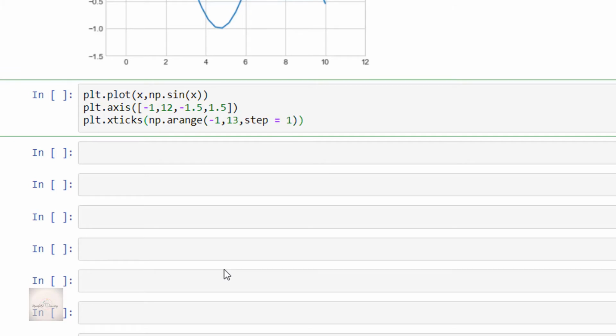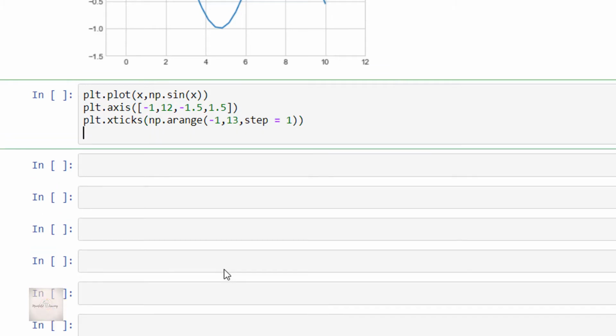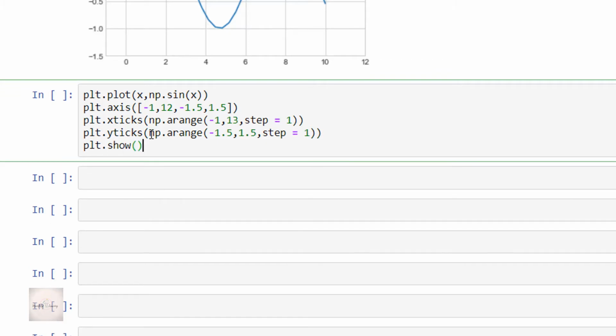Inside this plt.xticks, I am mentioning the numpy array with the values between -1 and 13 with the step size as 1. Then plt.yticks of np.arange of -1.5 comma 1.5 comma step equal to 1. Inside this plt.yticks, I am mentioning the numpy array with the values between -1.5 and 1.5 with the step size as 1, and then it is plt.show.